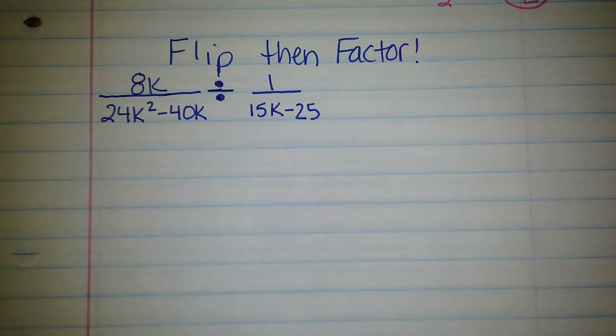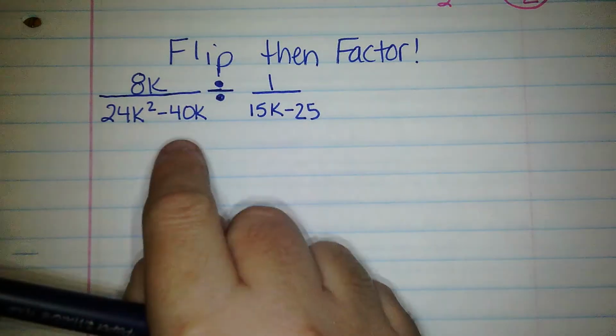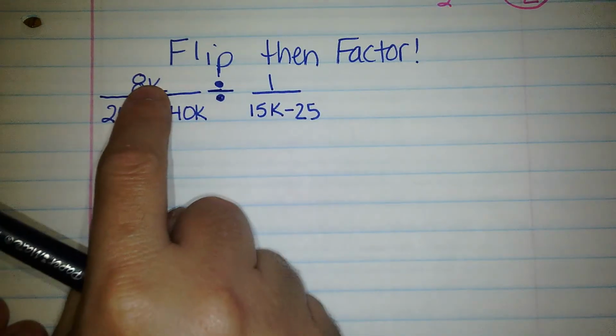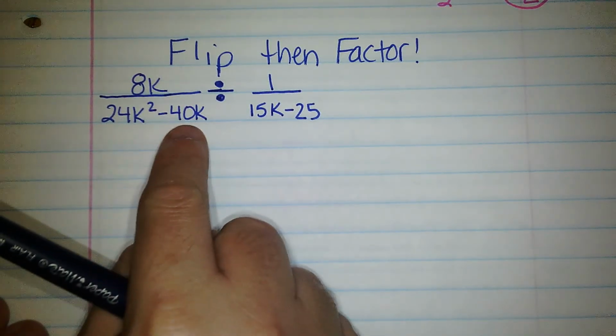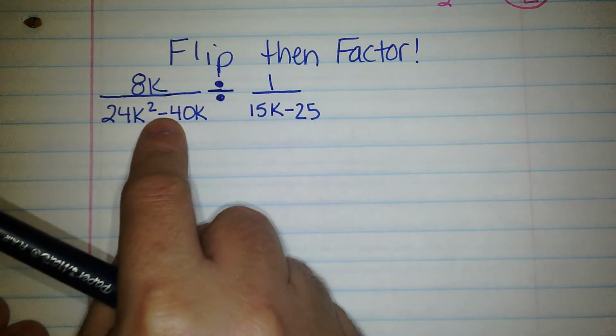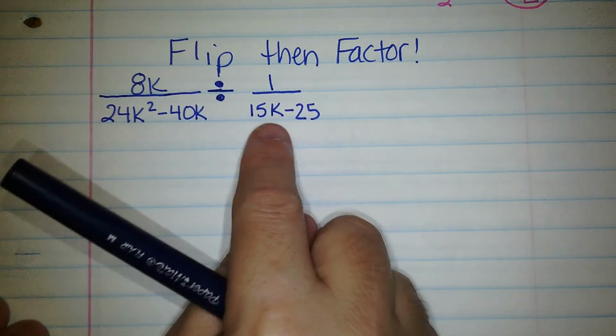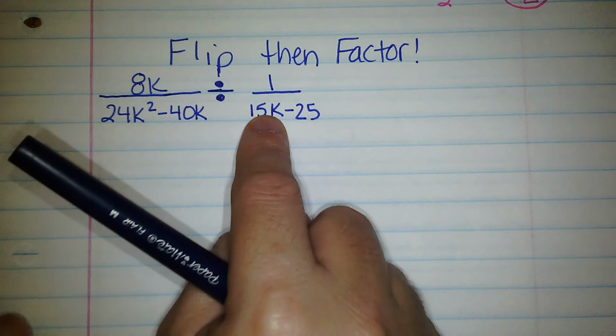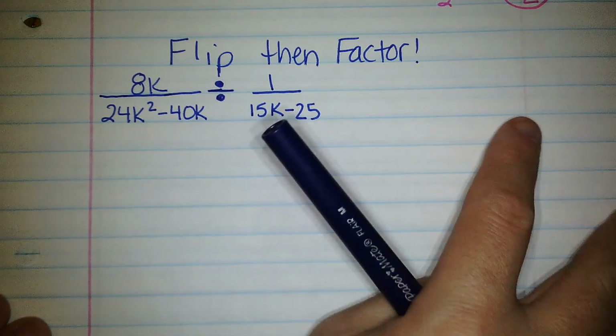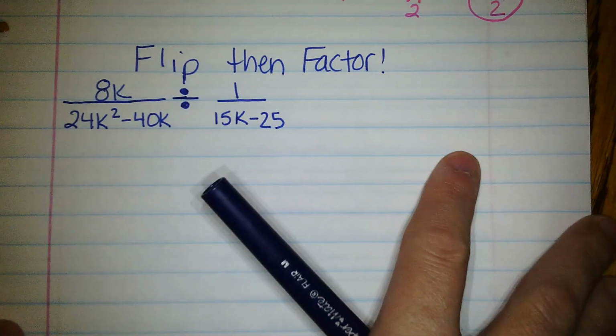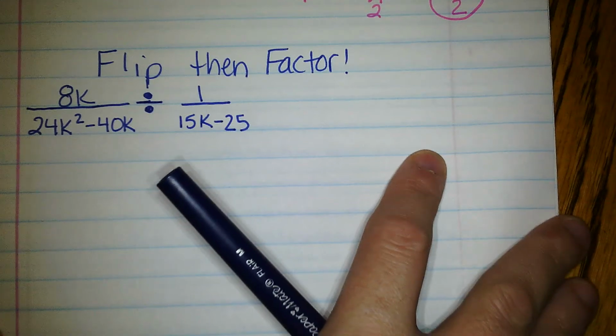All right, we're in the next slide where they're not so small anymore. So we've got bigger factors. If you take a look, I've got a single on the top, and then I have a double on the bottom because it's separated with a subtraction. I've got a single on the top, and then I've got a double on the bottom. So remember that what we are doing is we are keep change flipping first, and then we go to factor,